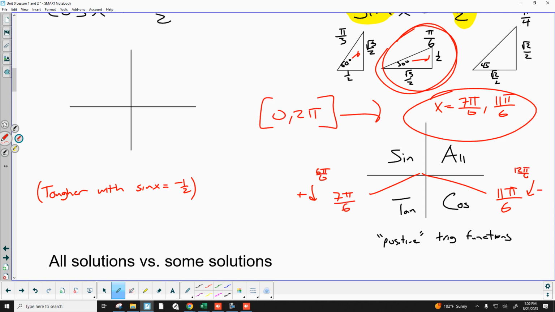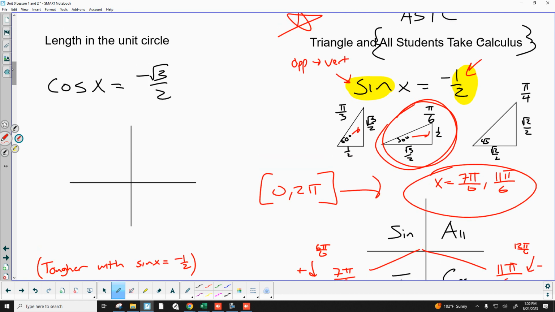There are an infinite amount of angles where the sine equals negative 1/2. They will all end up at those locations, but they'll be different angles. Whether you have negative pi over 6, that is a solution, but negative pi over 6 is not between 0 and 2 pi. Cool? This is what I do. I start with the triangle, I figure out which type of triangle, and then I go to the quadrants with those triangles. The other way you could do it is by